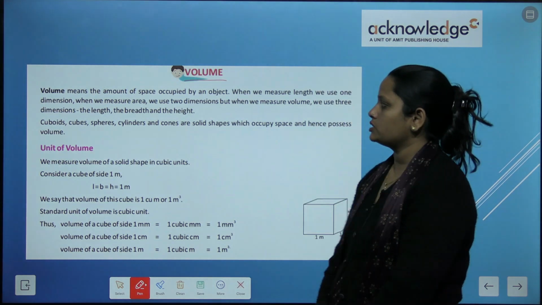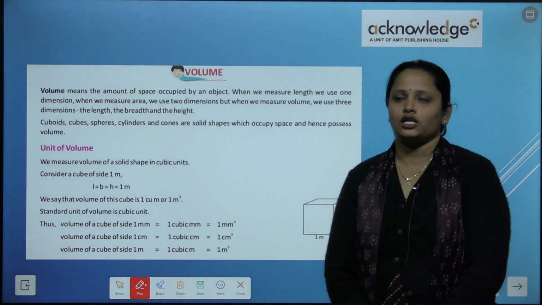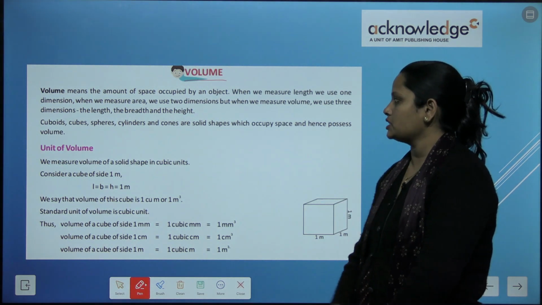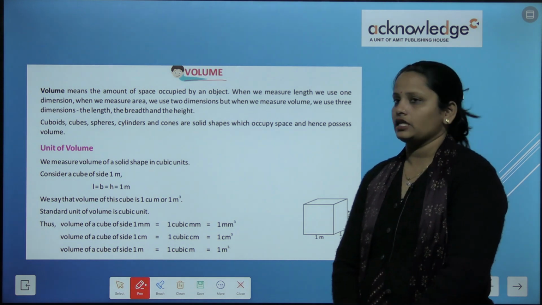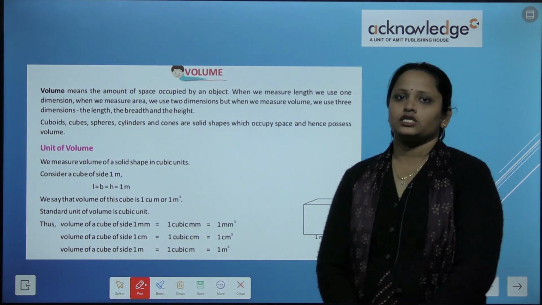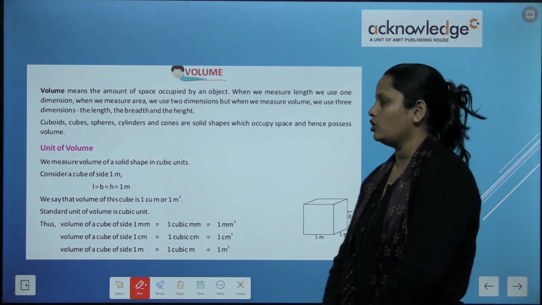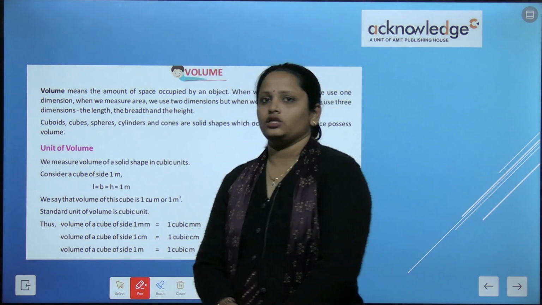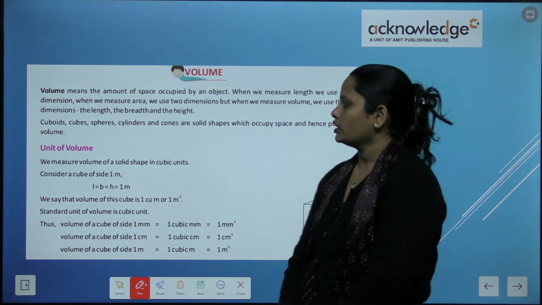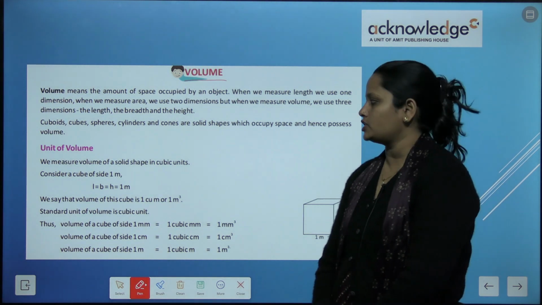Cuboids, cubes, spheres, cylinders, and cones are solid shapes. So ये जितनी भी चीजें हैं, ये सारे solid shapes हैं, which occupy space and hence possess volume. ये space को occupy करते हैं और volume को possess करते हैं. Now let's learn the unit of volume. We measure volume of a solid shape in